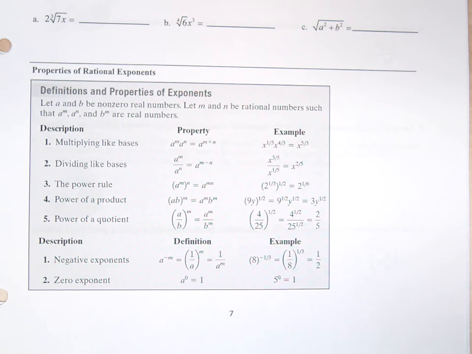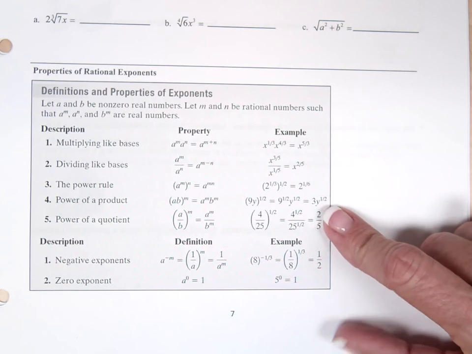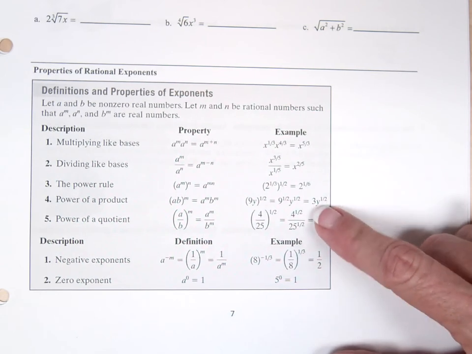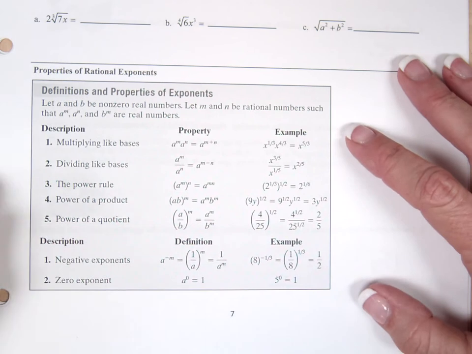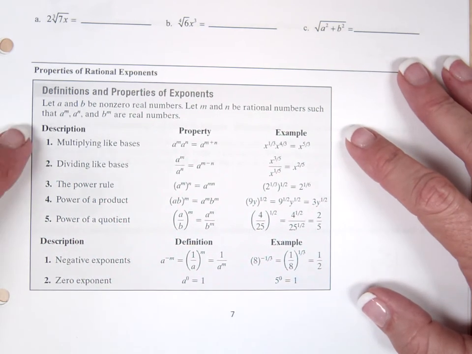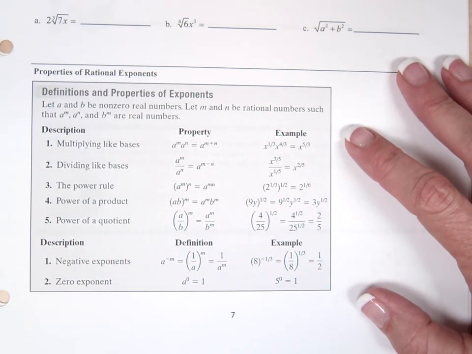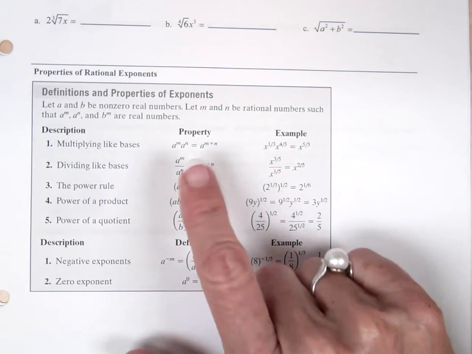So I thought since we really haven't done enough to do problems on the practice test, we would just start out by reviewing the exponent rules. And once we do the next page, then you'll be able to go ahead and work on some problems on the practice test. So just as a review, properties of exponents: remember, it doesn't matter whether the exponents are whole